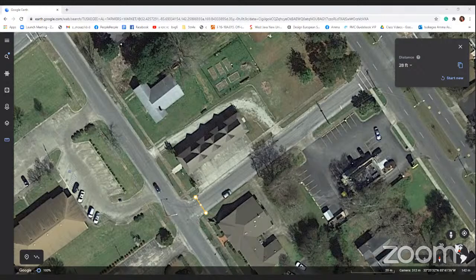And all I did to make sure that we were facing due north was click on the compass so that that red arrow is pointing upward. And I'm going to save this as Farmers Market